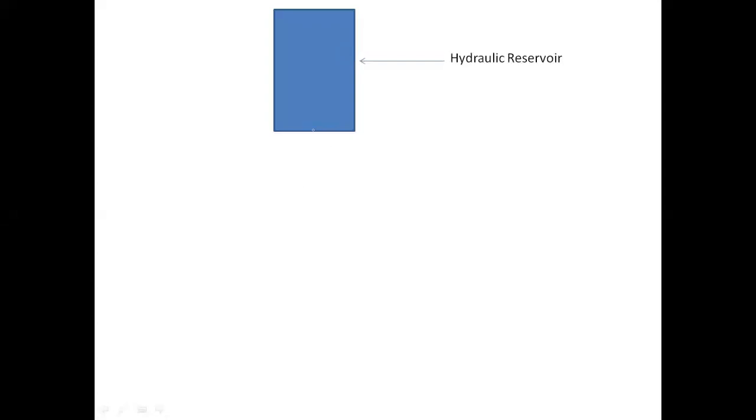Here, after the storage, it has to supply the fluid to the various components. So here the fluid is going into a hydraulic pump. Okay, so this is a pump. Here the pump is a gear type pump which is being shown here. You can see that this one is rotating in this direction, this one is rotating in this direction. So the fluid which comes over here will get compressed and the pressure will increase. That is the function of the pump, to increase the pressure of the hydraulic fluid which is coming into the